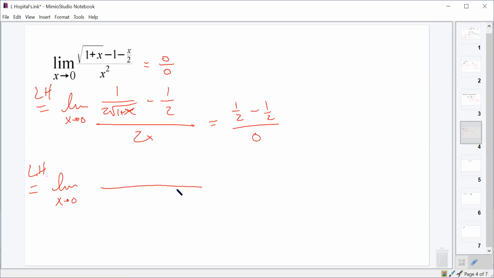What's the denominator going to be this time? The 2x's derivative is going to be 2, right? And the minus 1/2 is going to be 0, so we won't have to put that. We just need to find the derivative of this. This thing right here is 1/2 of 1 plus x to the negative 1/2. So what will that become? Its derivative ought to be